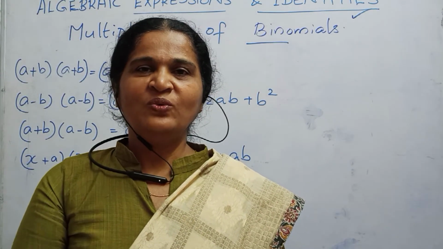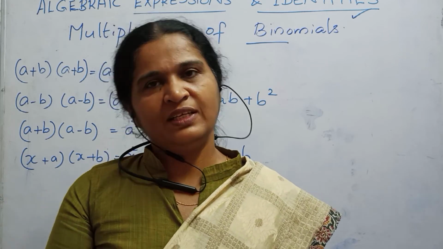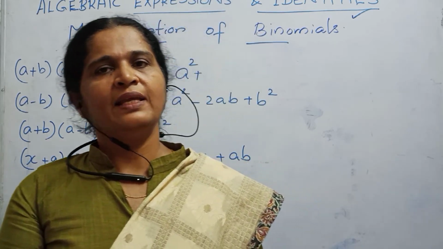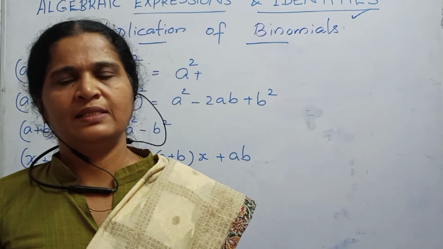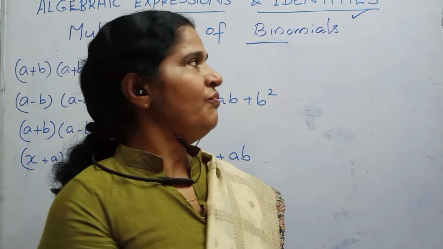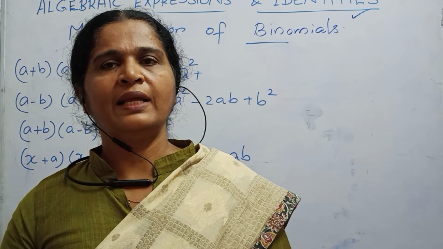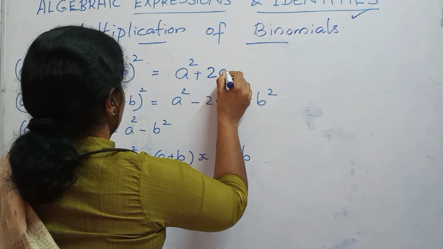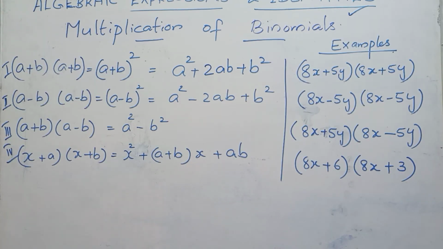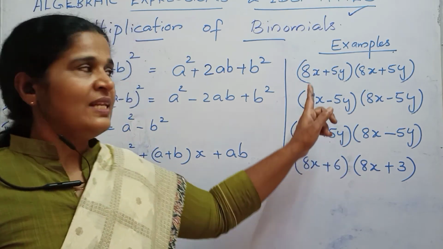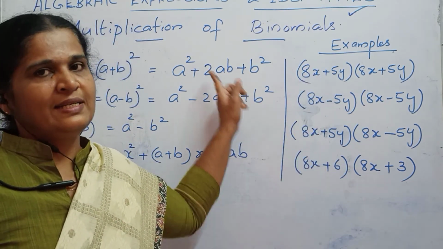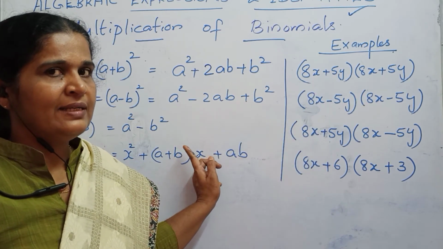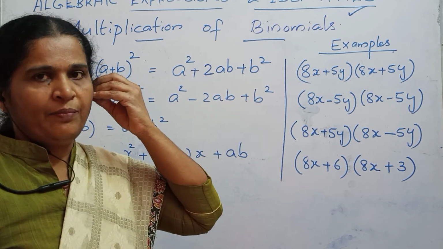Hope you all understood how two binomials are multiplied. If the terms are all different, we use the usual multiplication method of multiplying each and every term in both the binomials. And if the terms are repeatedly coming in both the brackets, we use any of these four identities. a² + 2ab + b² is the first one. So these are the types of questions where we use these identities. You have to decide which identity to use first, then write that identity and do it accordingly.